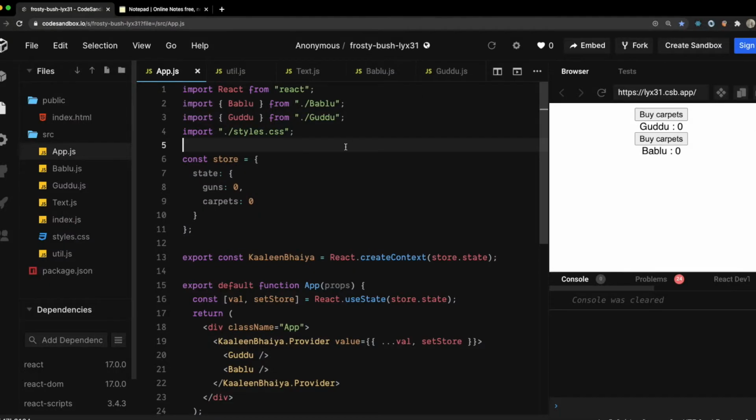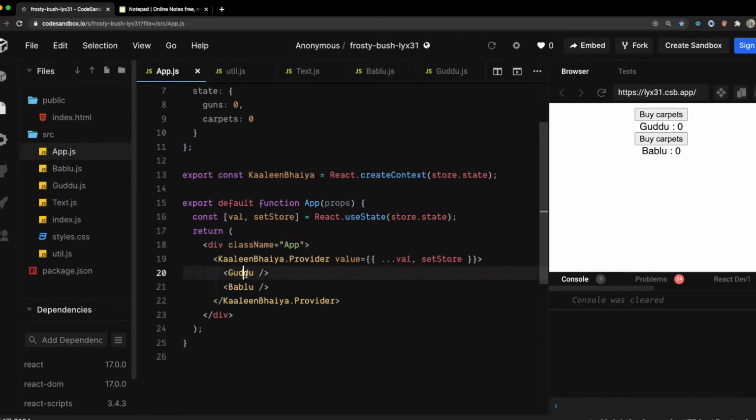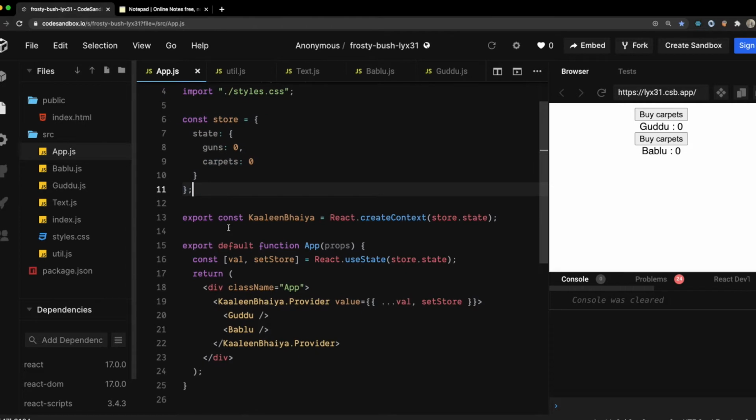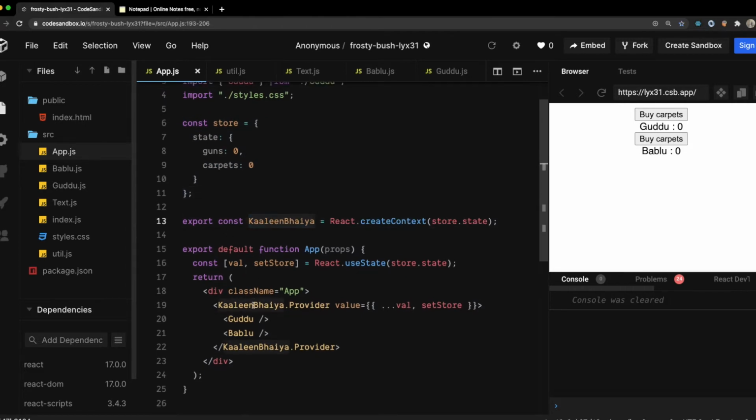So guys, this is an example which I have set up for you, and it is a pretty interesting example because there are some familiar character names that I'm going to use. First, let's try to understand it. I have a store holding some amount of guns and carpets, and there is a provider named Kalin Bhaiya. I have created a React context whose initial value is 0 guns and 0 carpets.